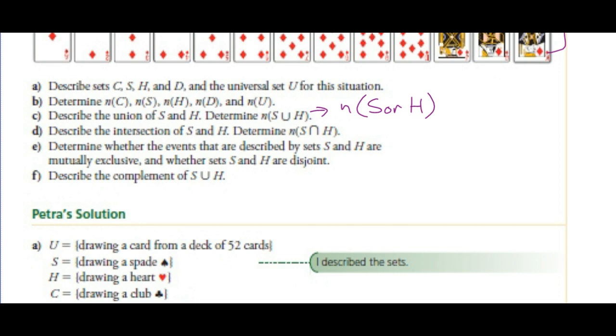Describe the intersection of S and H. How many are both spades and hearts? So S intersect H. Another way to say it is the number in S and H. So how many cards are both a spade